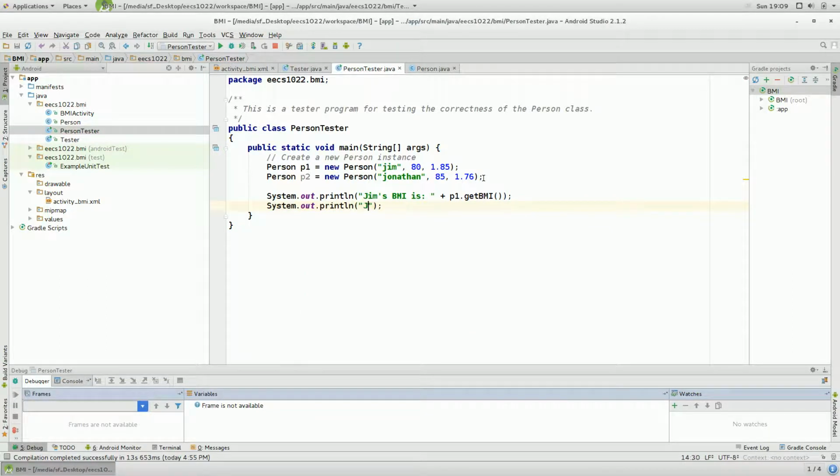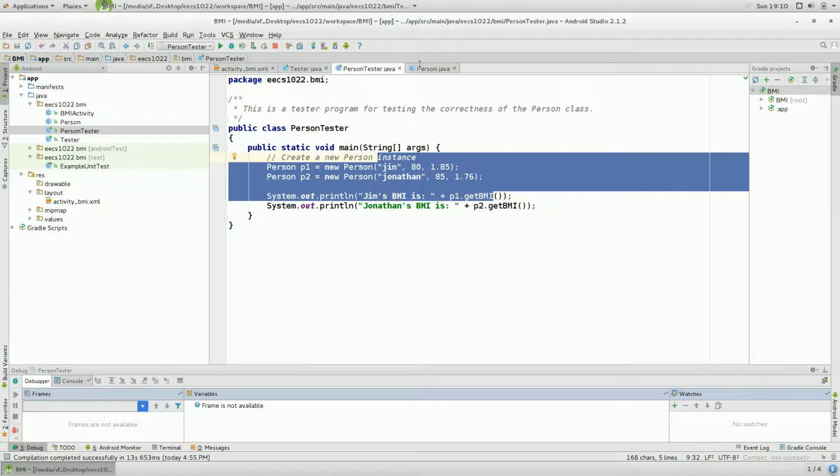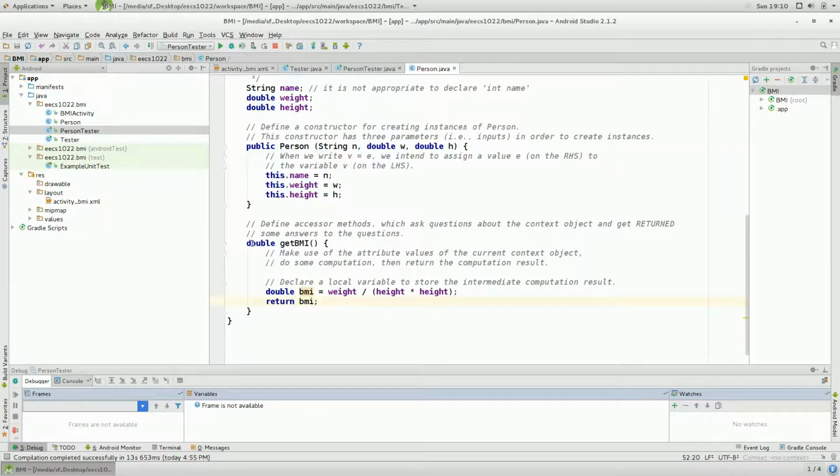And then you can see Jonathan's BMI is, plus p2.getBMI. Okay, so you can see these two method calls, the first being p1.getBMI and the second p2.getBMI. These are exactly the same. They are calling exactly the same getBMI method, which means they are going to apply the same definition of the